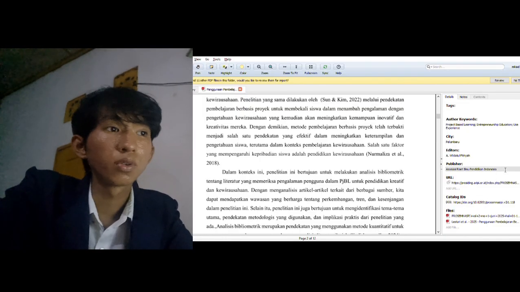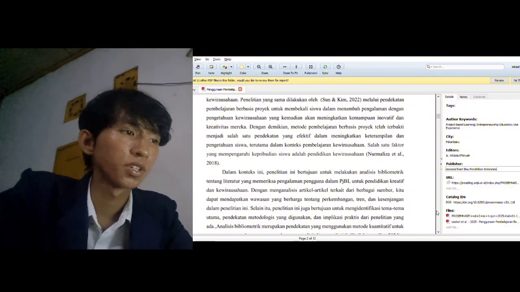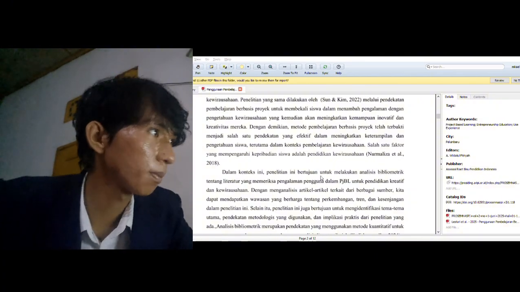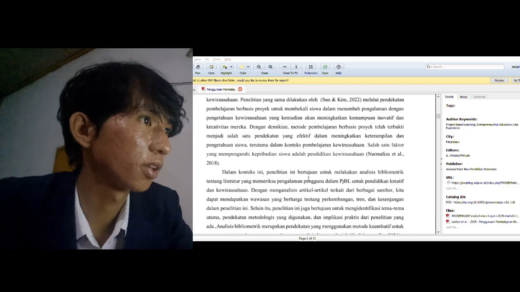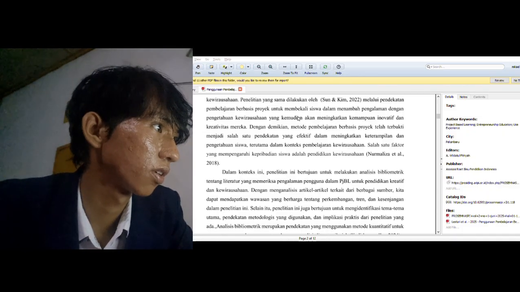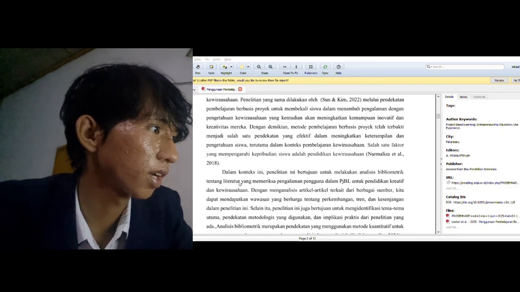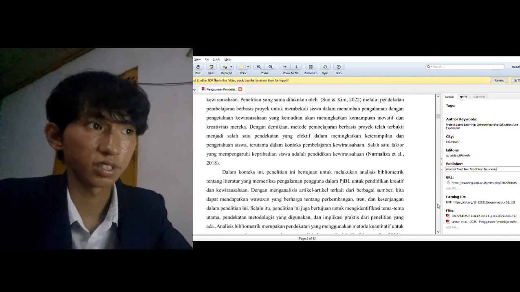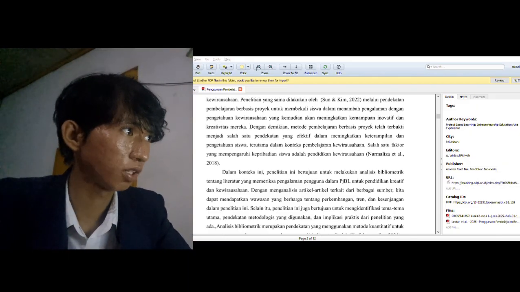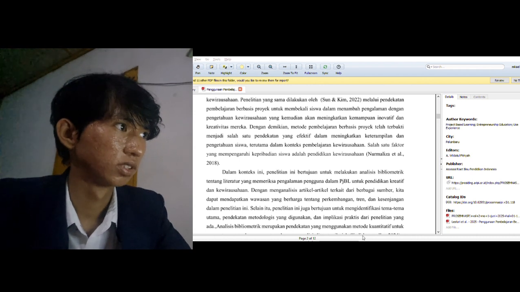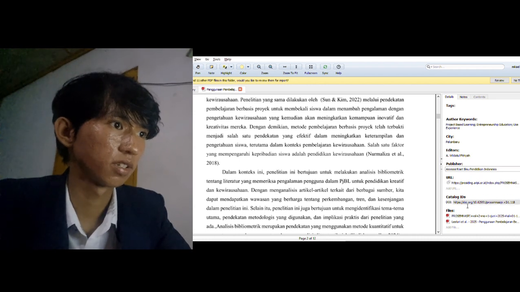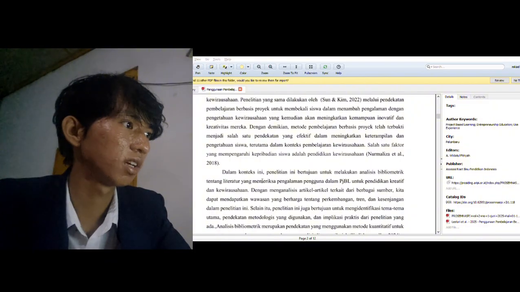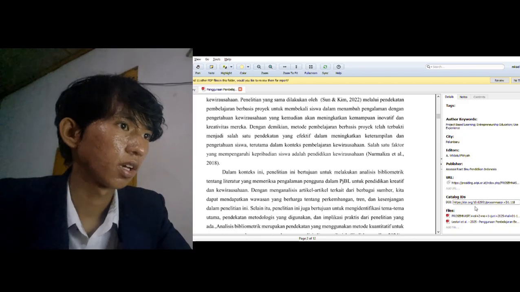And if you want to find the publisher, you go again to the website where you can see the title of your proceeding. You can see the publisher, and you can type the publisher. The URL is the link of your proceeding website. You copy it and paste it in here. You can find it in the about page or the first page of your proceeding. You can copy and paste it here.